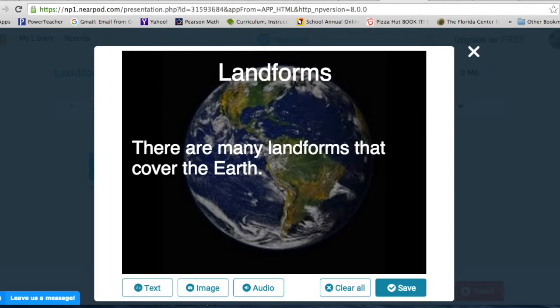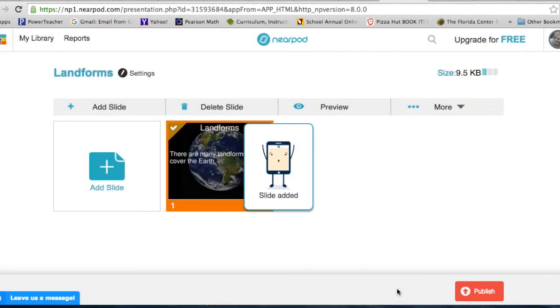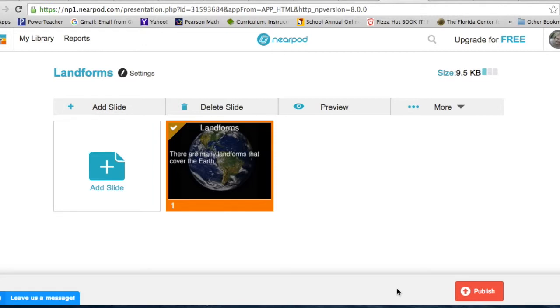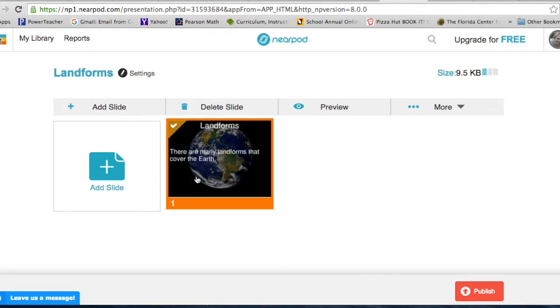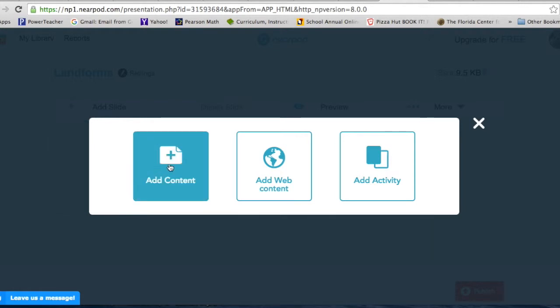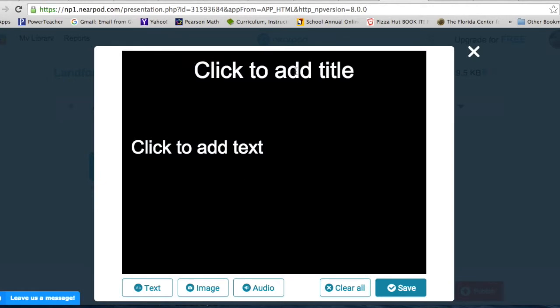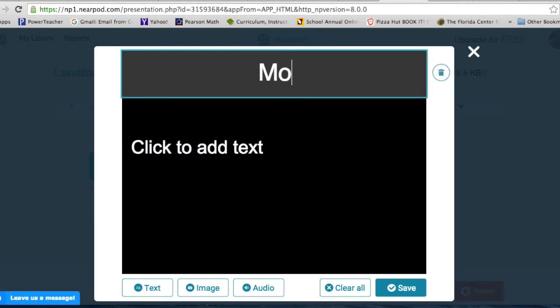So there's our first slide. That's all the information I want to add. So then I'm going to click Save. Okay, it lets you know that your slide has been added, and then you can add another one. So we're going to add another one, and I'll just show you real quick here. We'll just do another one. We'll start